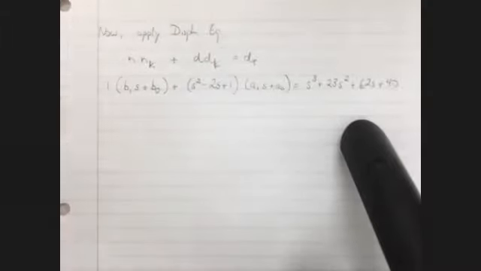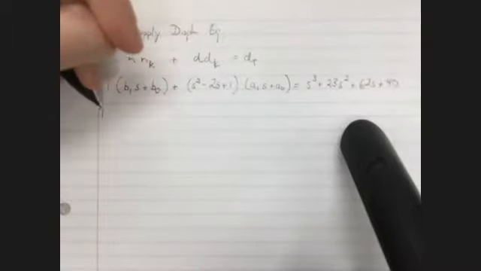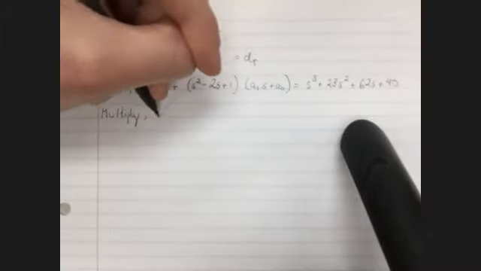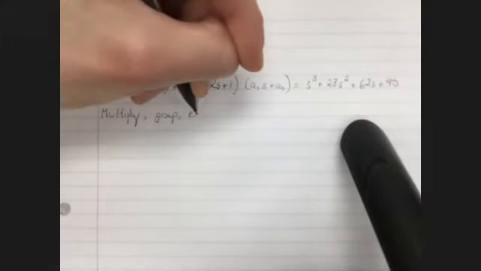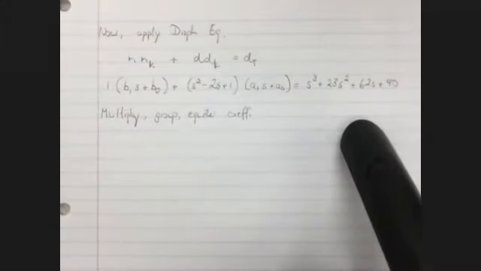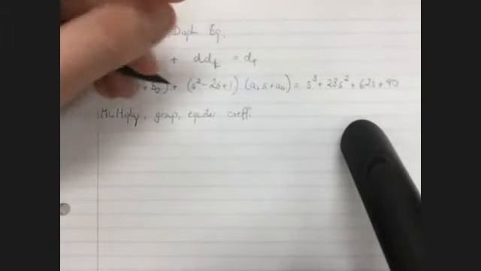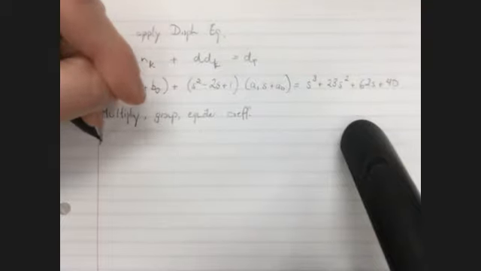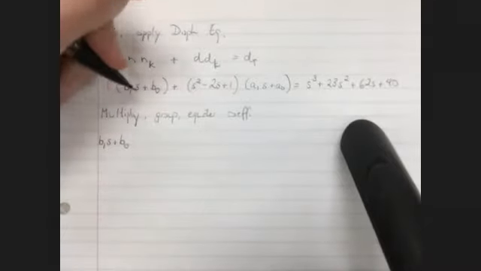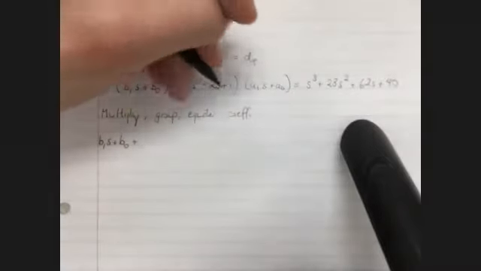And now what we're going to do is multiply and equate coefficients. So from this point, we multiply through, then we're going to group, and we're going to equate coefficients. Okay, so just a little bit of algebra. Notice that for this first one, we're just multiplying by 1, so that stays as b1s plus b0. Nothing too fancy there. Then over here, it's a1s times this whole thing.